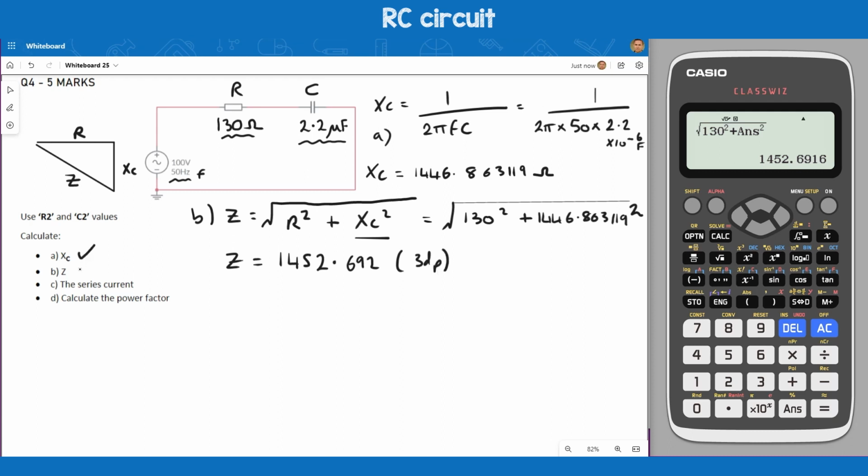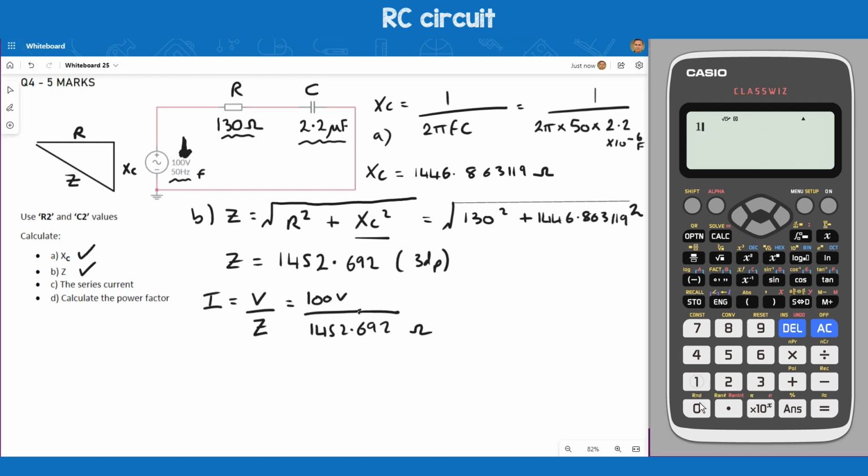So we've done XC, we've done Z. Now we can do the current. I is V over Z, which is 100 volts supply voltage there. I've just drawn a terrible arrow to show you where it is. 100 volts divided by 1452.692 ohms. So on my calculator I do 100 divided by that last answer because I've just worked out Z,